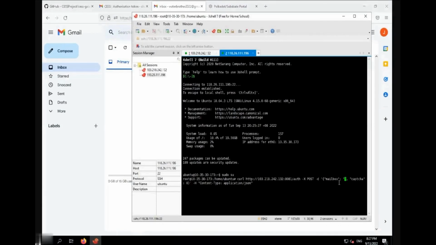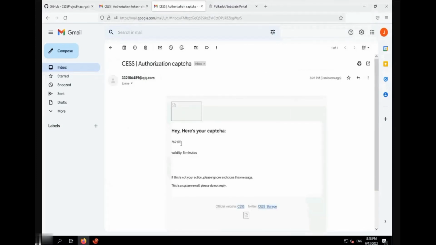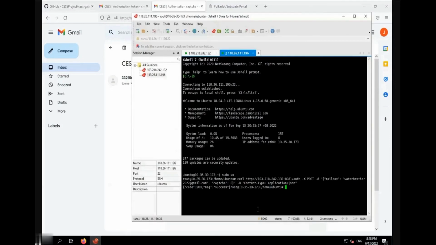Fill in a new email address and put 0 after the CAPTCHA. Now you will receive a 6-digit verification code to your mailbox. We will use this verification code to make a second request.